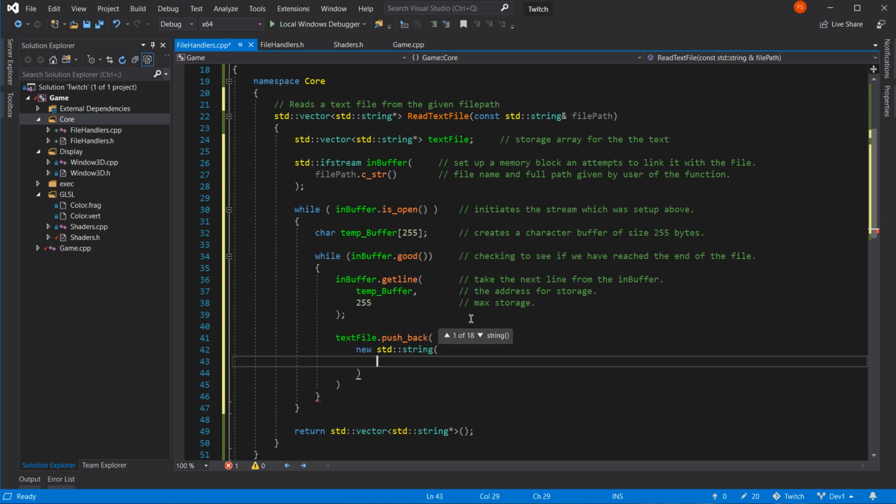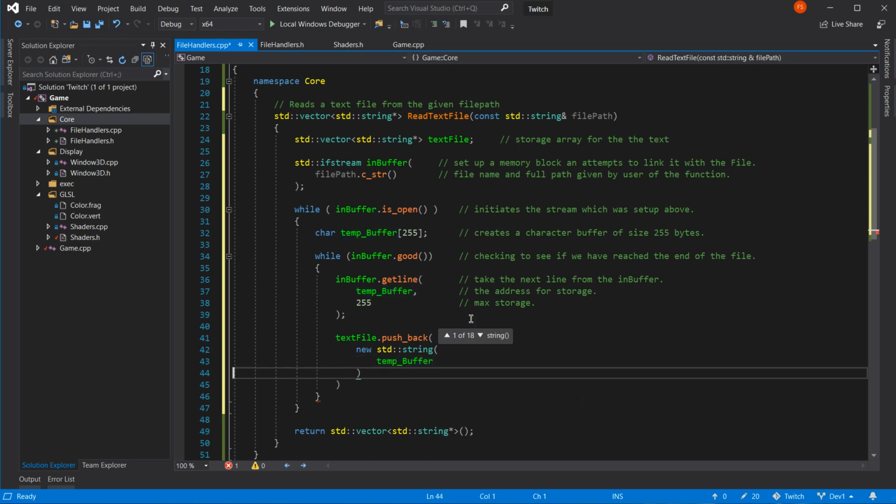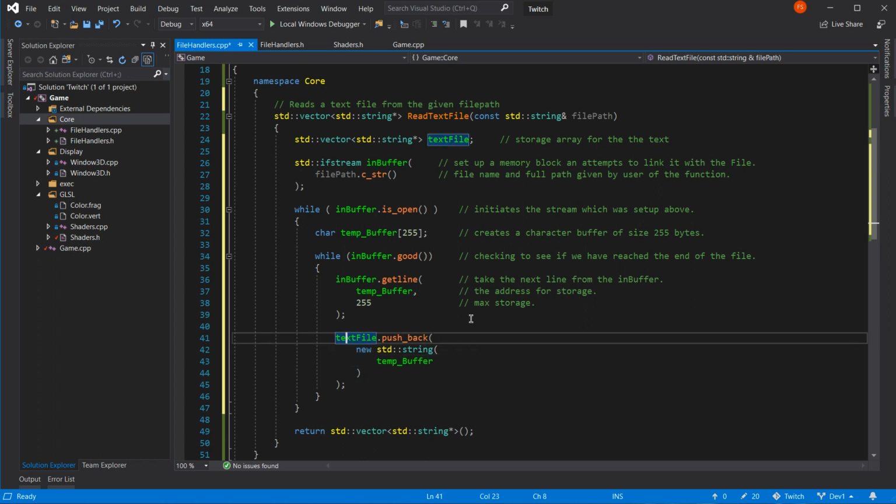It's just temp buffer, I know it is. That's the only value. And that's that. Do I need anything else? No, we don't. Can't see why I would need anything else on that, so I'll put that to the end.